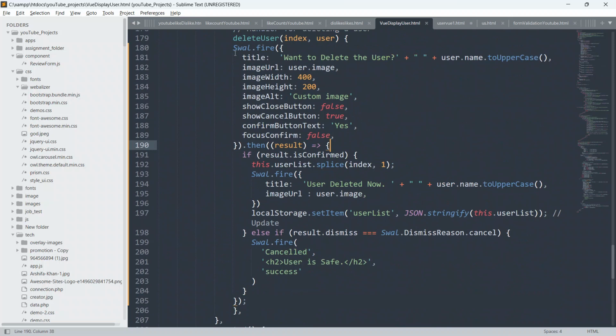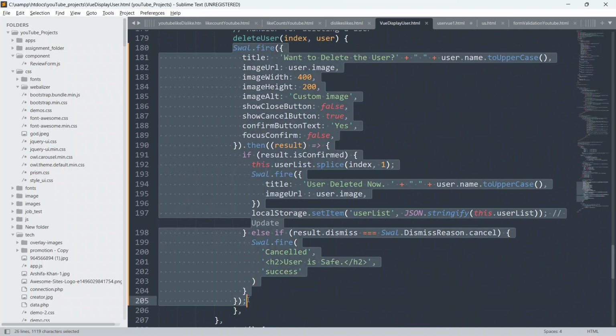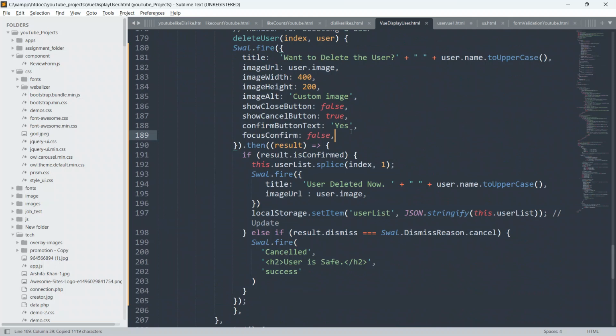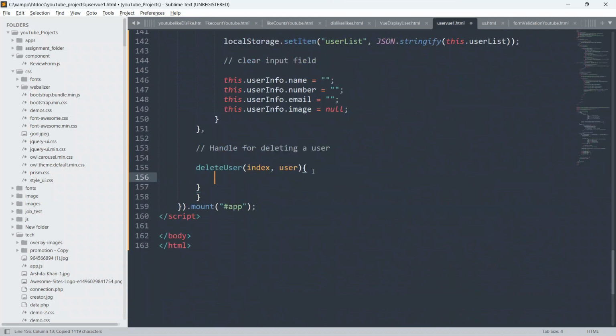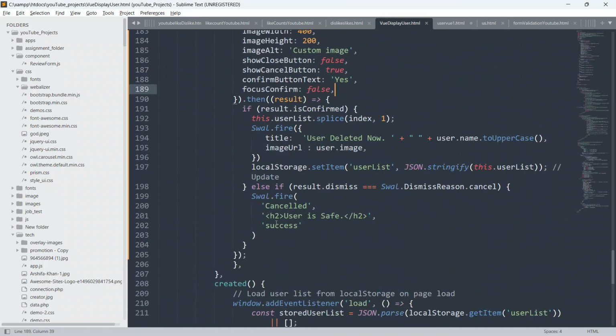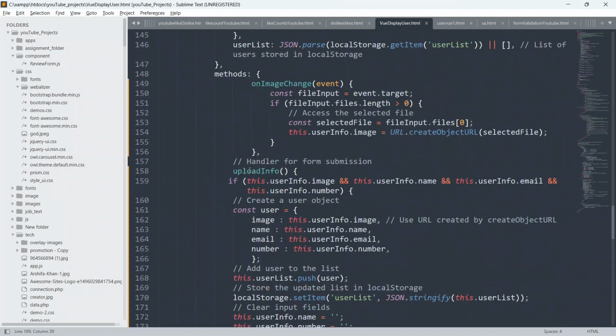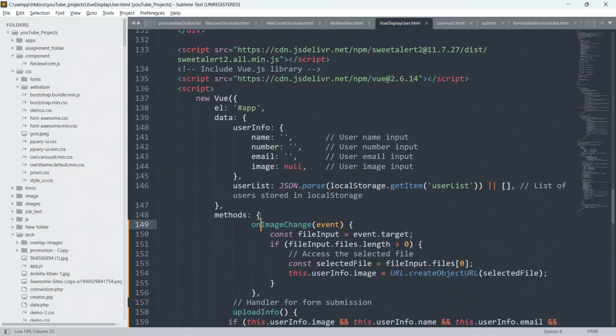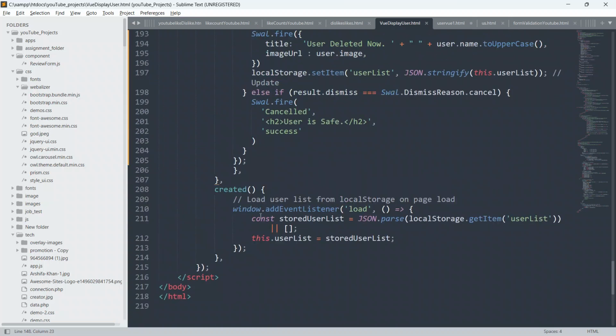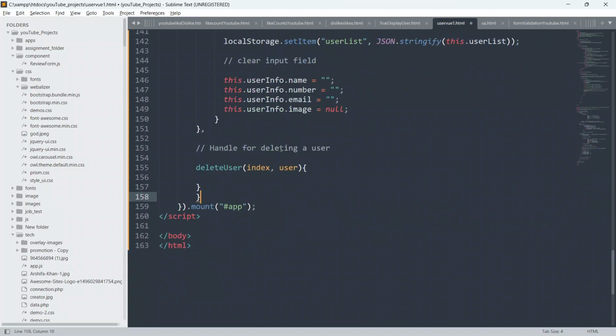So just copy this from here to here, and just paste it here. So just close this.